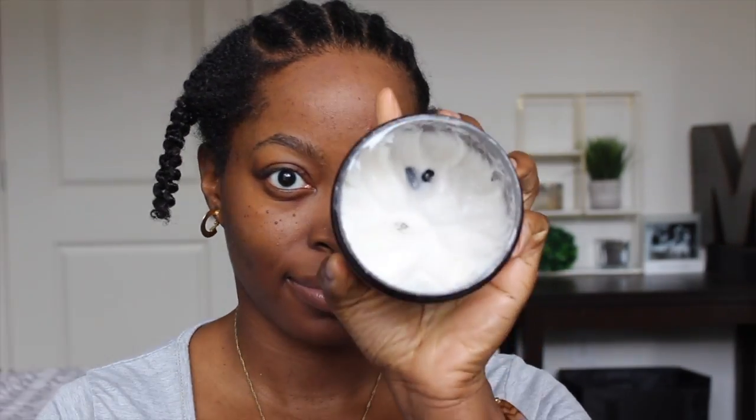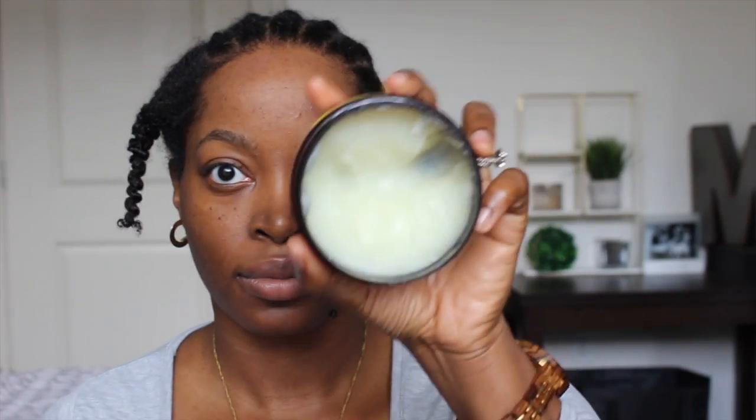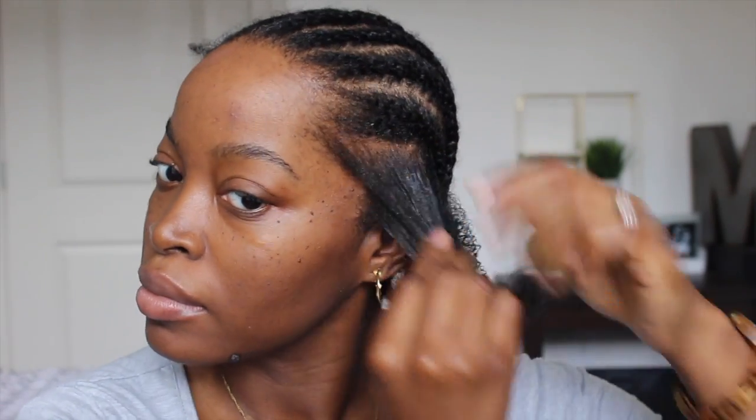So I'm going to start by actually moisturizing my hair with the curl enhancer, and we're just kind of recapping so that you all can see how I prep my hair before doing a protective style like this. And here's a quick shot of the back of my hair. It is looser, as you can see, and I'm proceeding to add more of the curl enhancer, and it really does what it says it does, because as you can see, it's making my curls start to form and create definition. But that's not what we're here for. We're actually using this to moisturize so that we can braid our hair, and I like to layer it with